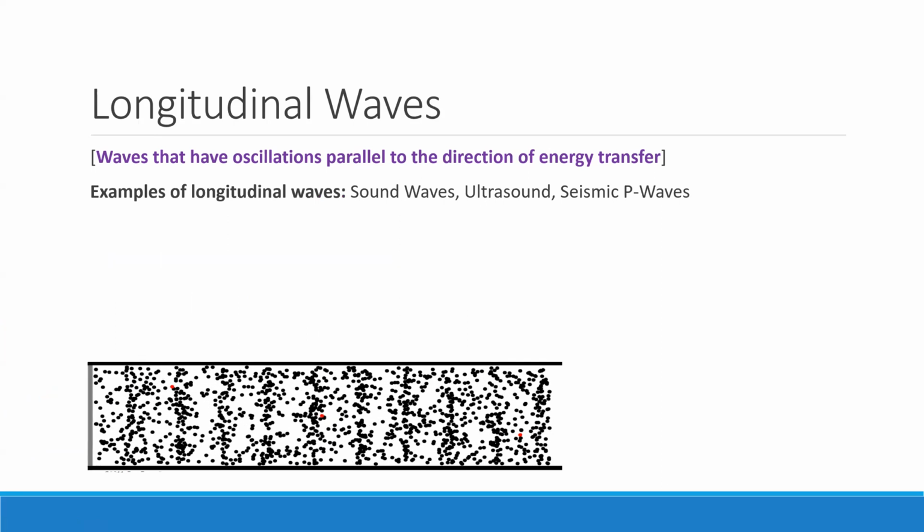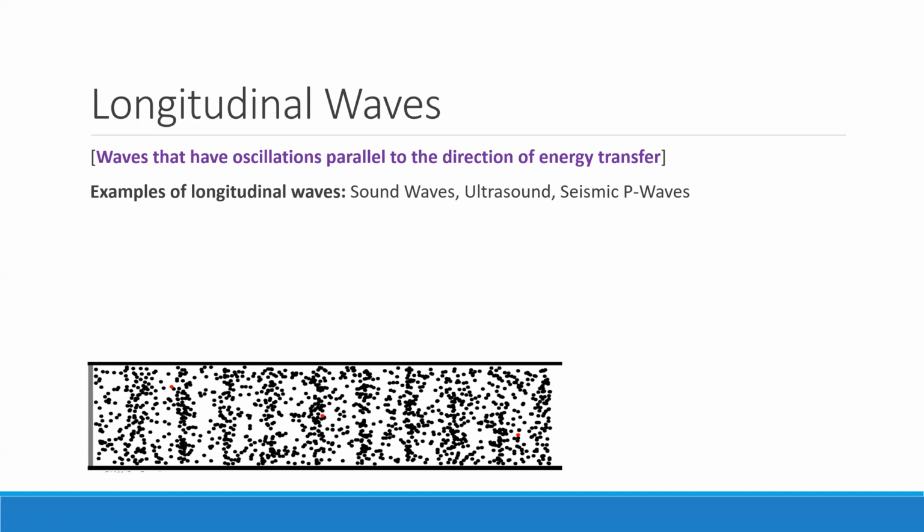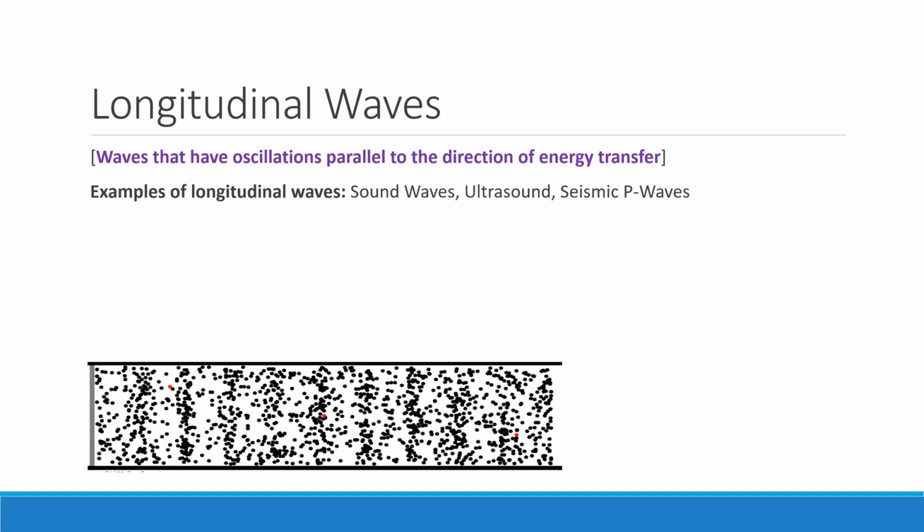Ultrasound. Ultrasound is just like sound waves, but it has a frequency of above 20,000 hertz. Humans can't really hear ultrasound because it's beyond the range that we're able to hear. And when we're talking about ultrasound, we're usually talking about sound waves traveling through liquids or solids, because, I'm not sure if you remember from IGCSE, sound waves travel faster if the particles or molecules are closer or more dense. That's why they travel faster in solids. Like in steel, for example, sound will travel at 6,000 meters per second, whereas in air, it's only 340 meters per second. And then finally, P waves, also from earthquakes.